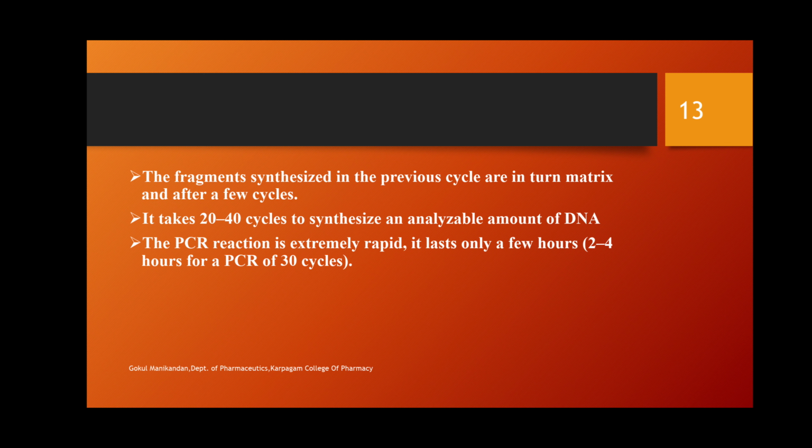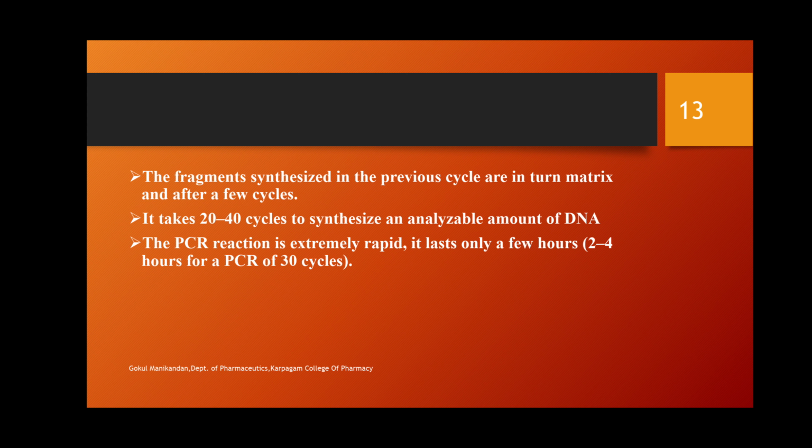These steps are repeated for about 25 to 30 cycles. It takes about 2 to 4 hours. From this, we are able to produce billions of copies of the DNA fragment that we need in order to detect the presence of virus in the blood sample. All this is possible from just a single DNA itself. After all these processes, the temperature is lowered to about 15 degrees Celsius in order to store the products.